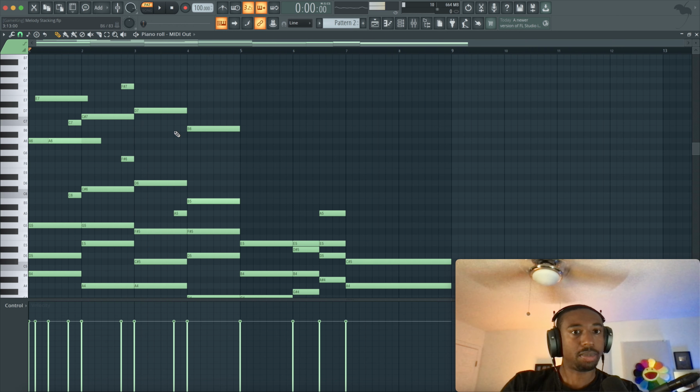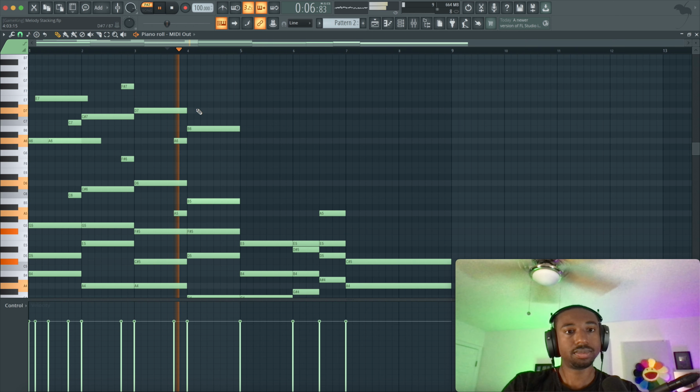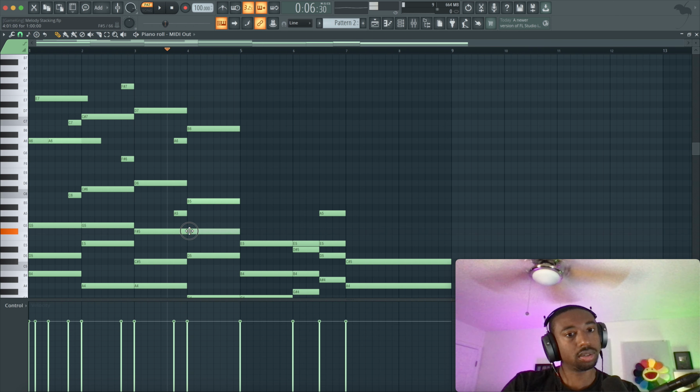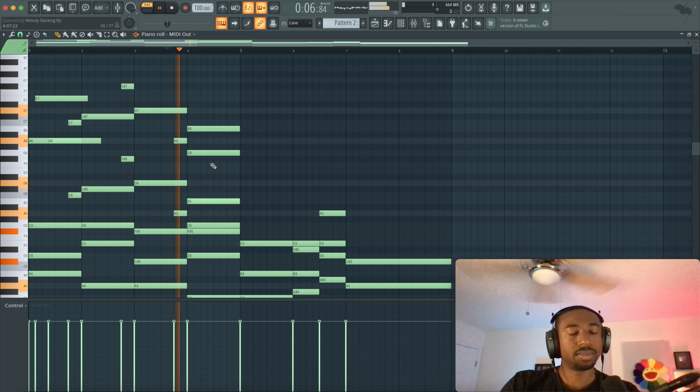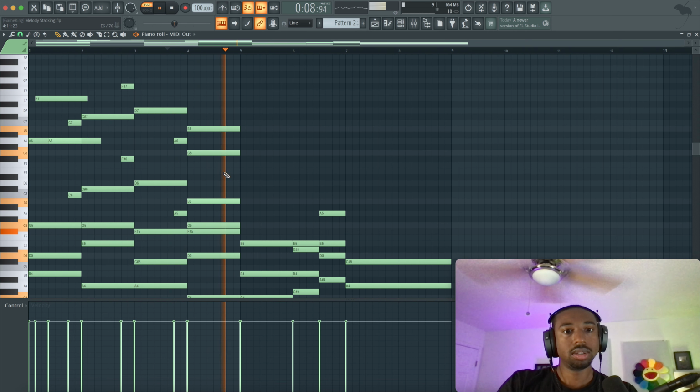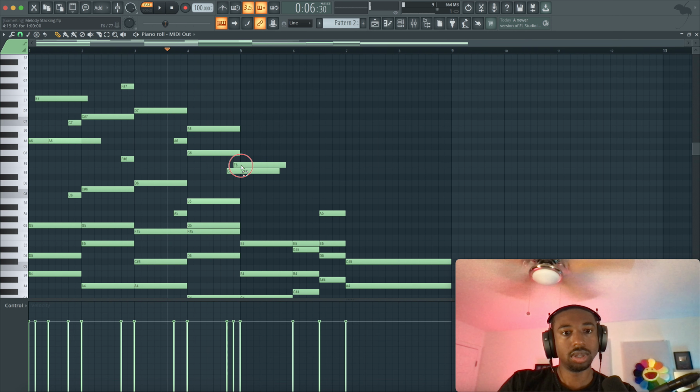Now here I might add two notes here. I like that dun, but I want to hear dun, dun. This might clash with the chord though. Now to my ear, it sounds good. Dun, dun. Here we're using what's called chromaticism. And again, I break all this down in the new course called Melody Mastery.